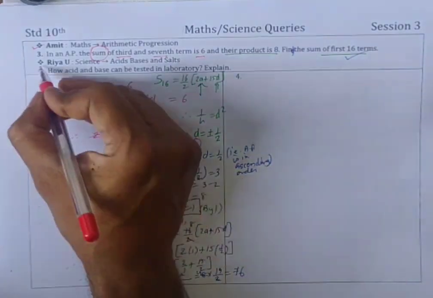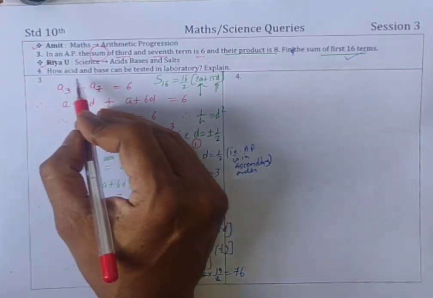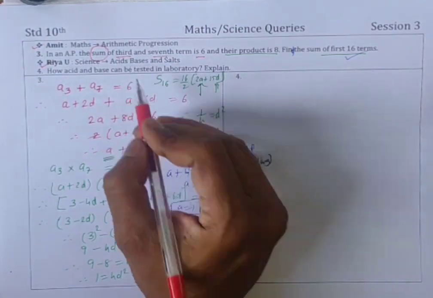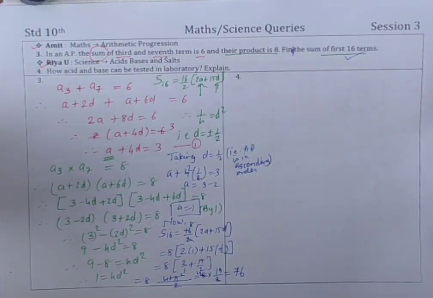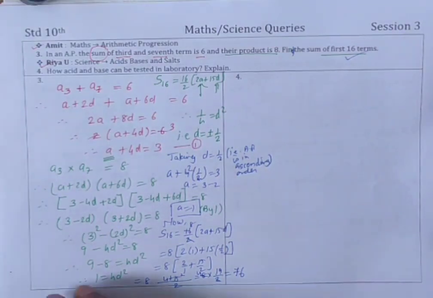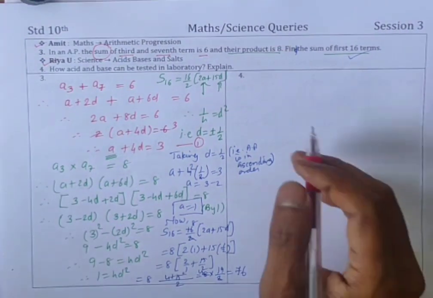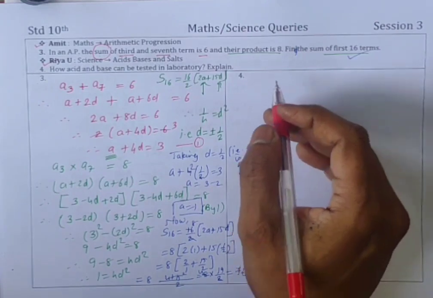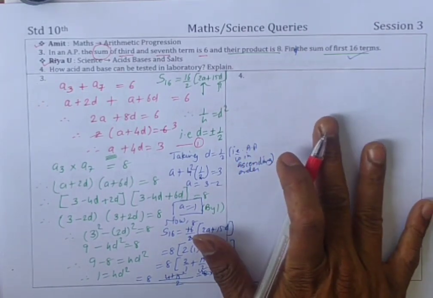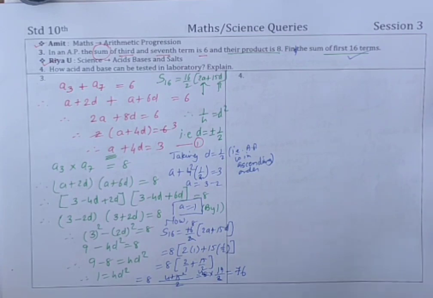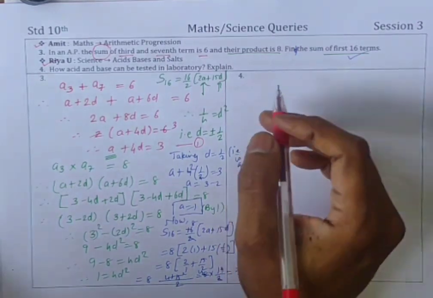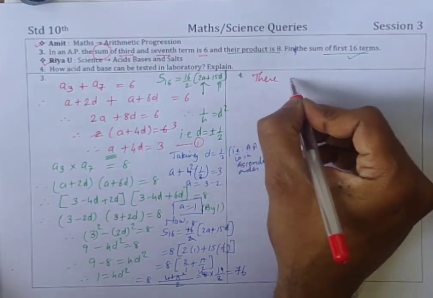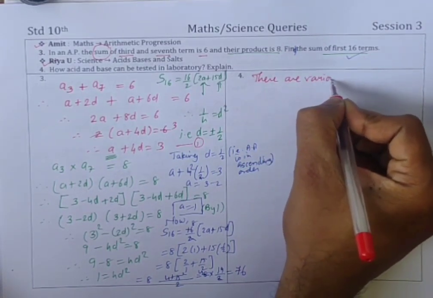ओके. नाउ देयर इज वन क्वेश्चन फ्रॉम रिया यू from acid, base and salt, that is science. Okay. How acid and base can be tested in laboratory? Explain. So children, in laboratory, I'm just going to explain the answer. वो presentation आपको बड़ी अच्छी तरीके से करना होगा. I cannot present the whole answer in this space here. So I'm explaining. Okay. There are various ways